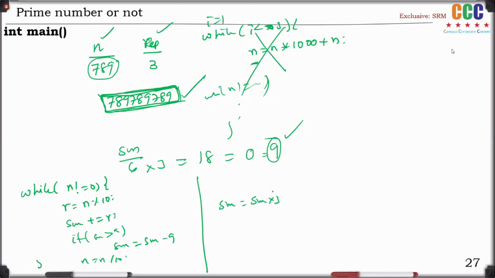Now I'll get this sum into the repeater. Then I'll get the new sum. Therefore, if sum mod 9 equal to 0, then your required sum is 9. Else, your required sum is sum mod 9 only. That's it, my dear friends. You got it?